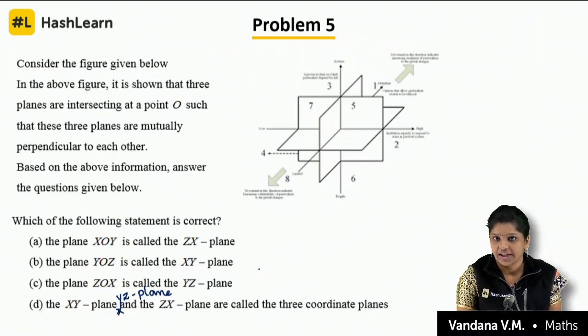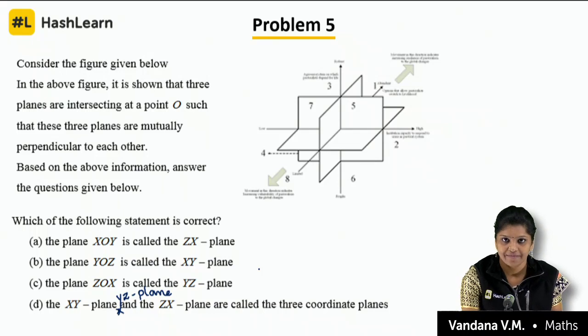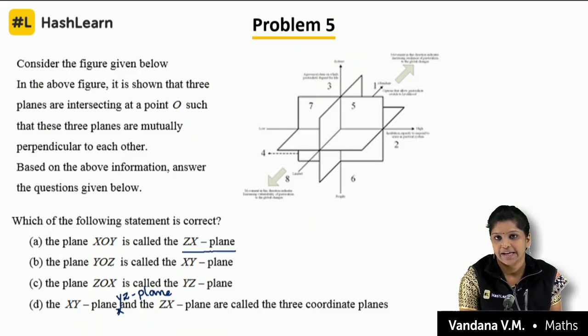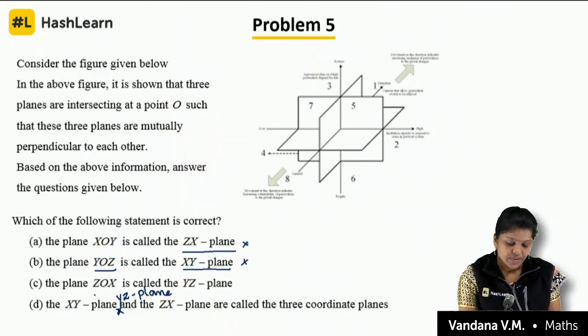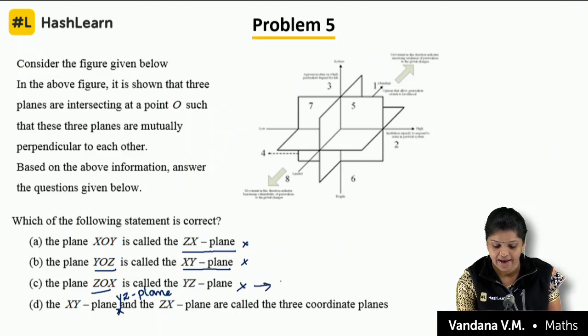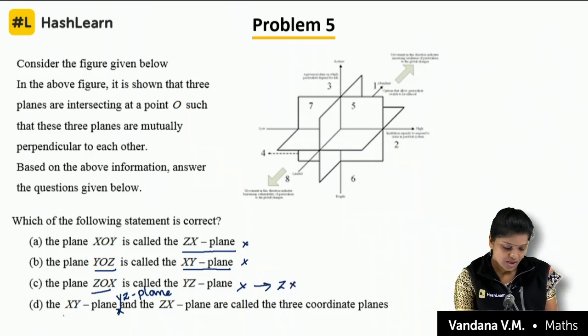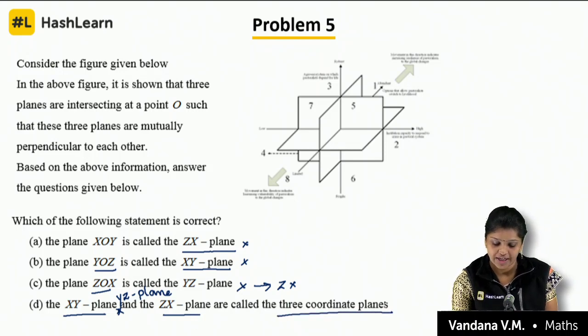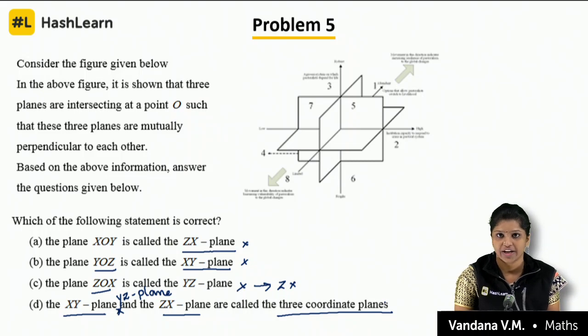Which of the following is correct? If you are considering this diagram, the plane XOY is called ZX plane, it seems. Wrong, right? The plane YOZ is called YZ plane, but they gave XY plane. So, this is also wrong. The plane ZOX is called YZ plane. That is also wrong. It is called the ZX plane. Now, the XY, YZ and ZX planes are called the three coordinate planes. So, which is the correct answer? Option D is the correct answer. Next,